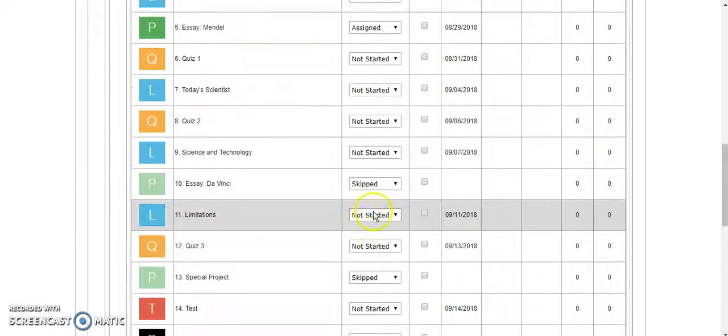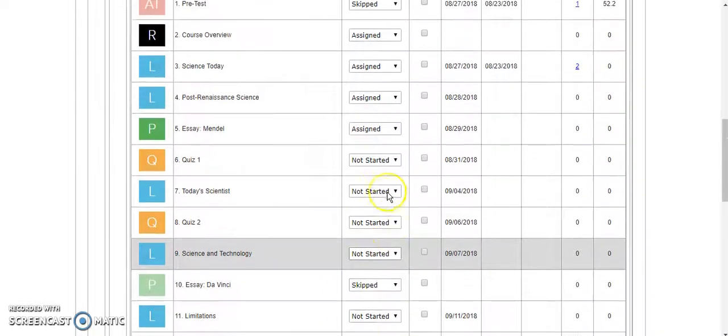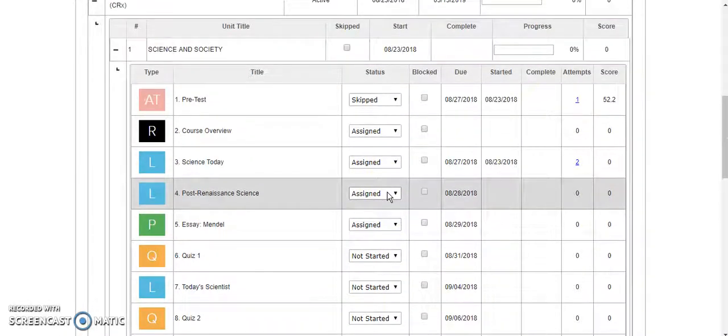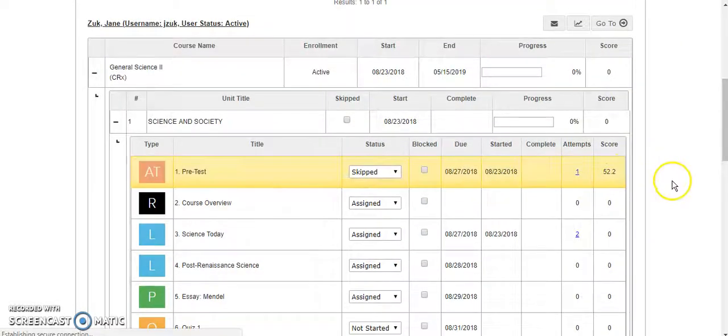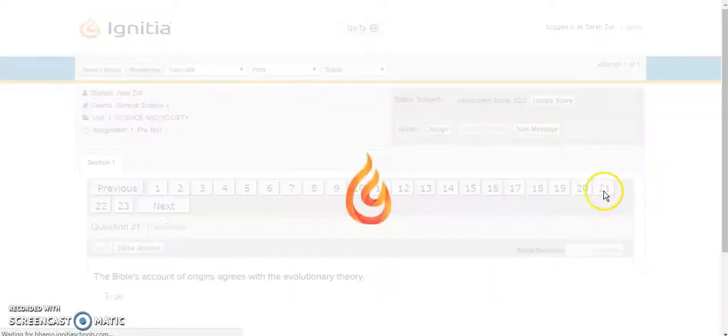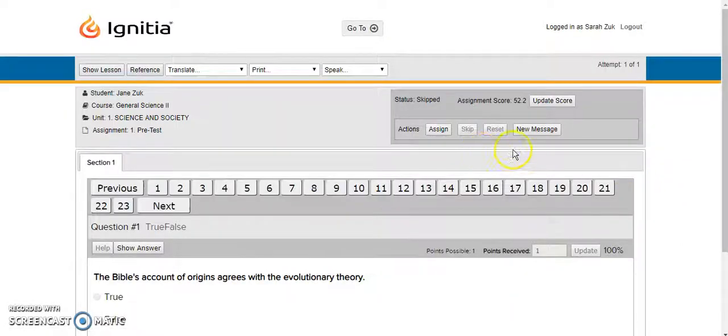It's going to say skipped sometimes on the lessons, because of however they do on this pretest, on any of the questions. You can go in and look at the score.